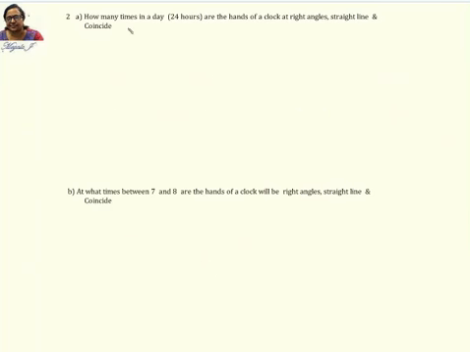Yeah, this is the kind of question which you have to do once and remember, because you cannot have a different kind of question here. How many times a day, that is 24 hours, are the hands of the clock at right angles, in a straight line, and coinciding with each other? So you know about coinciding with each other. We can start with that first because we have already done it yesterday, right? Do you remember when do they coincide with each other? 12 o'clock. How many?